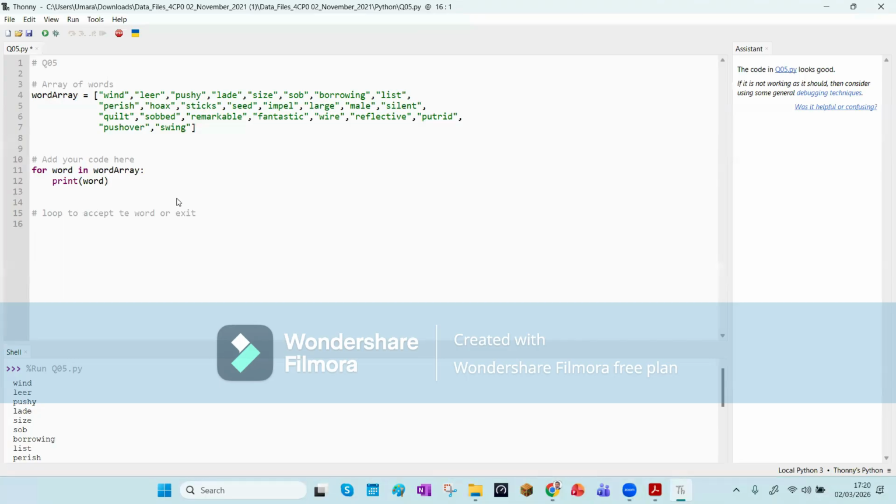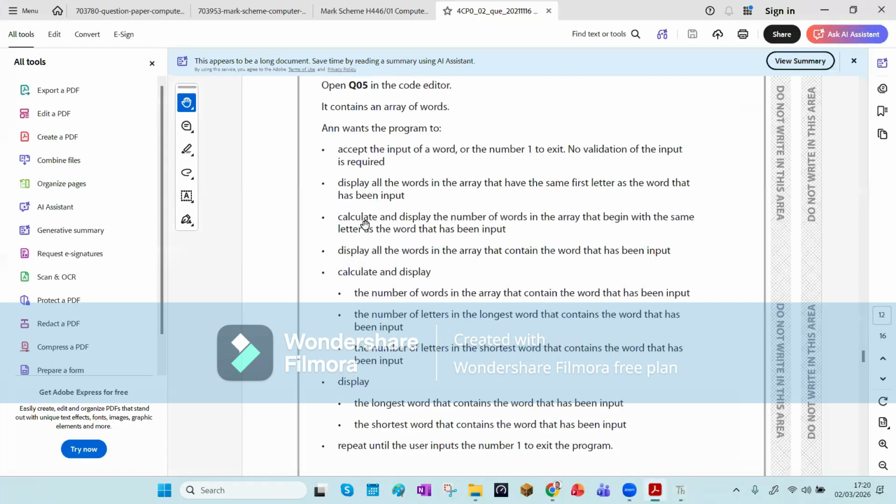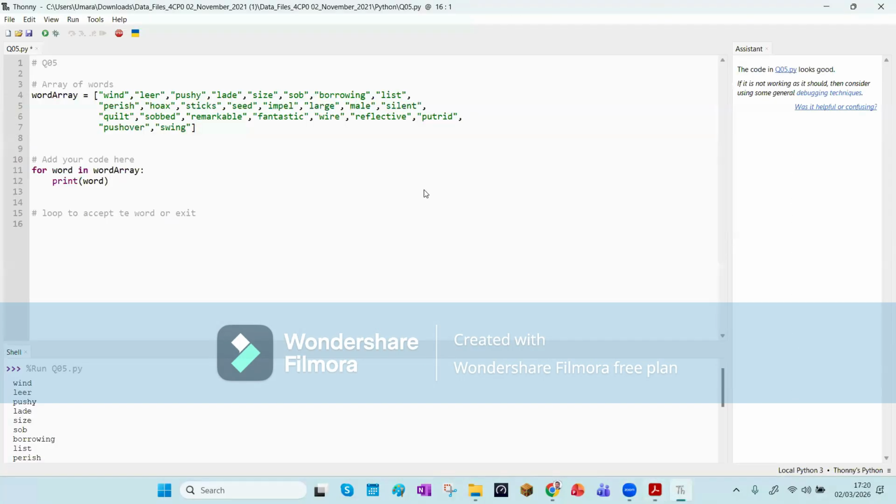Right. So beforehand, I need to ask the user to enter a word. So let's call this input word or something, equals input, enter a word, and then